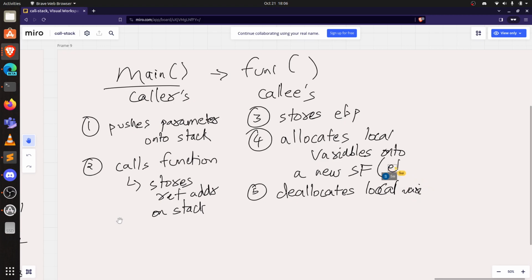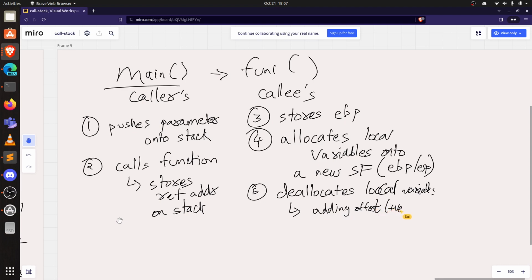All the accesses will be via EBP or ESP, right? And it deallocates the local variables. By deallocating, what we mean is it basically changes the ESP. So the top of the stack, if I just add some bytes, it basically grows upwards then. So whatever is present below that is sort of getting deallocated, right? So it deallocates the stack, all the local variables, that is adding offset